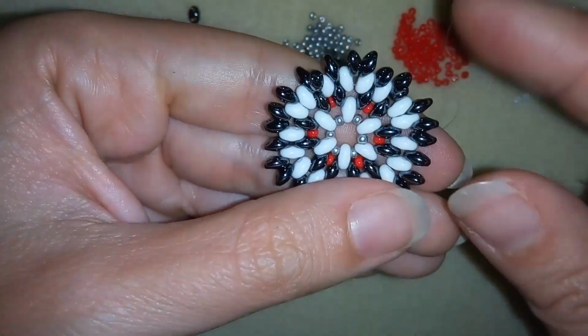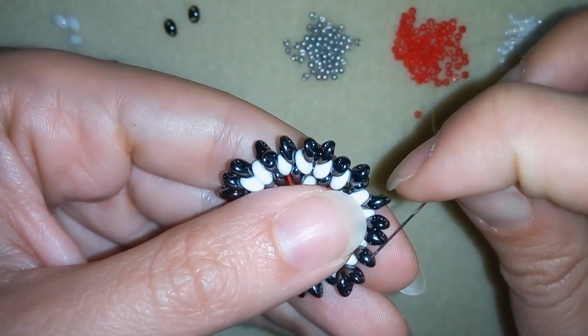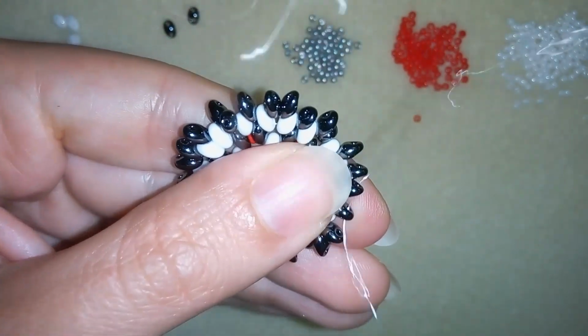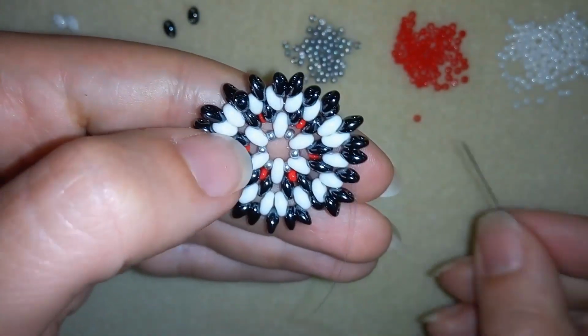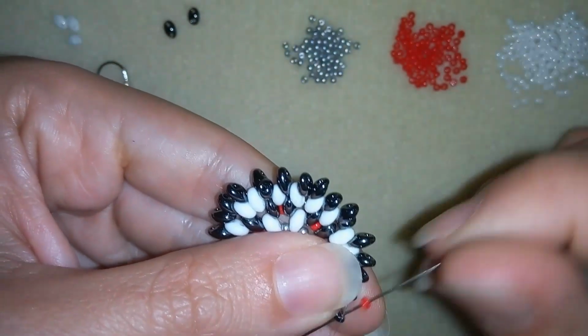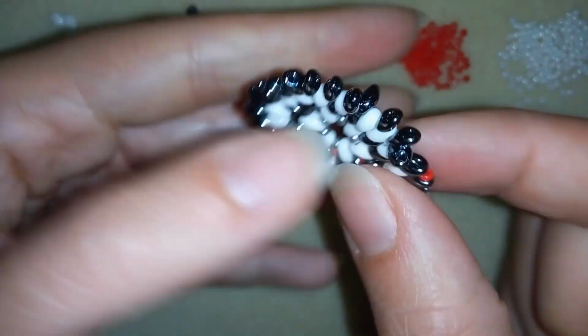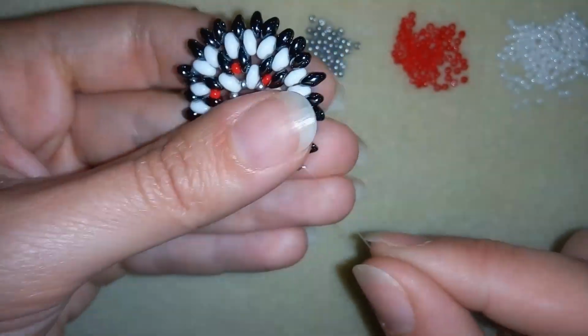Okay, now this is what I have. Then I'm going through the outer empty hole of the same twin, and I need 1 seed bead. Going through the next twin and pulling. Then I want to flip my work this way,